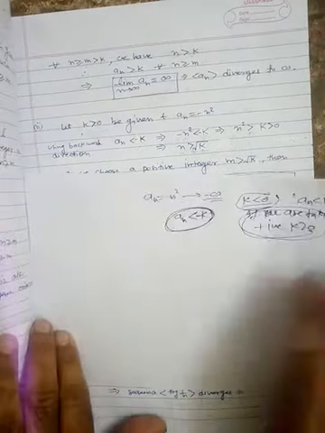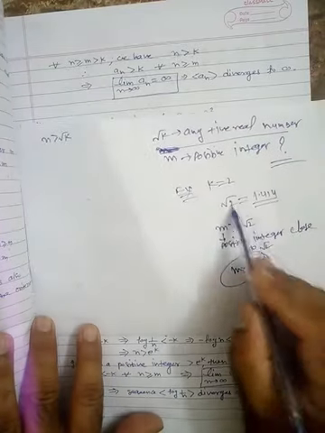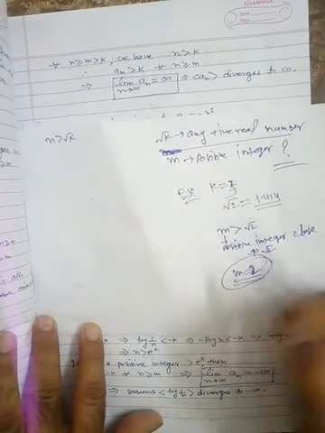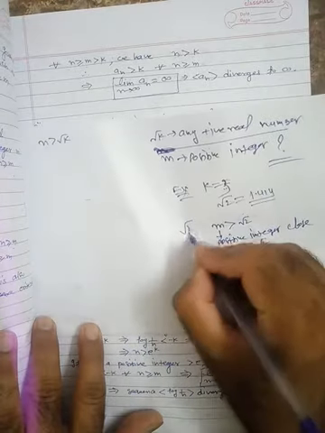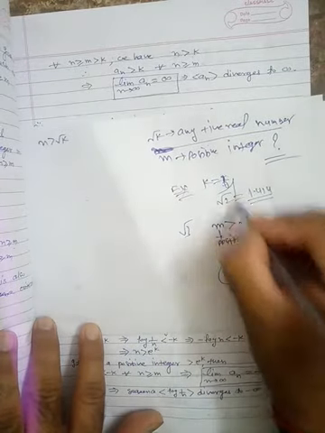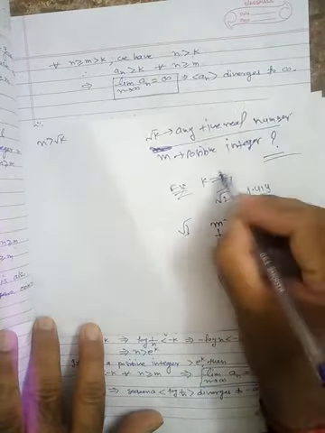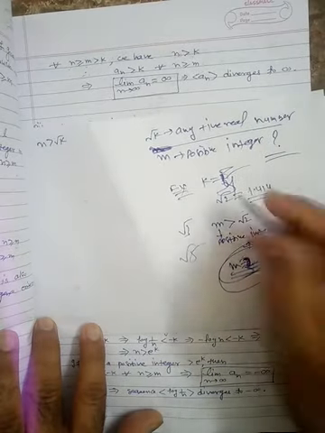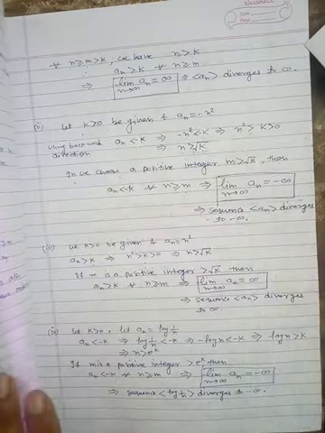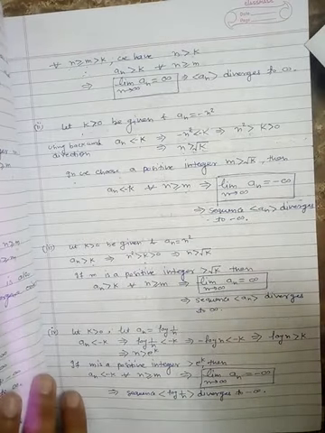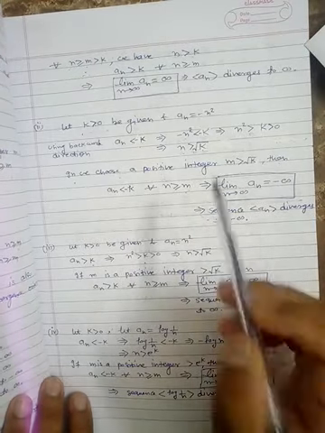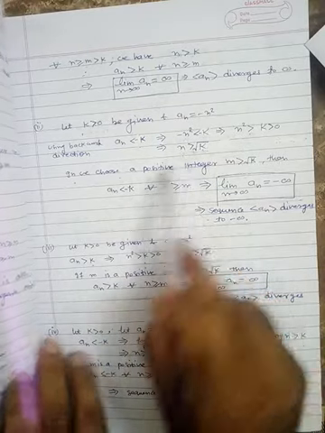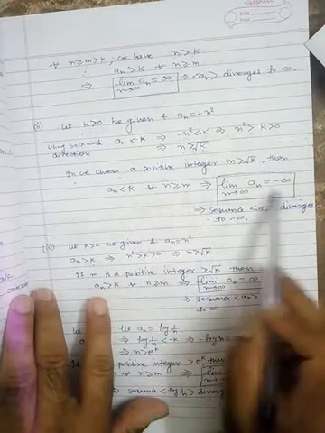For example, if your k is 2, then you can find out m is 2. If suppose k is 3, then the number will be root 3, which is again 2. If you take 4, then the number will be 2. If you take 5, root 5, which will be nothing but 3. So depending upon k you can easily evaluate that number. That's why there exists a number, and so we can say that this sequence diverges to minus infinity.